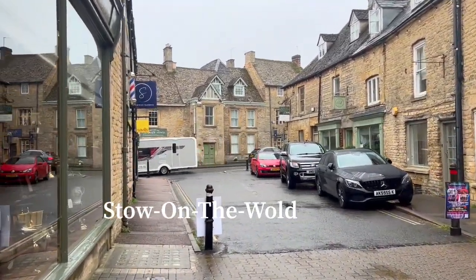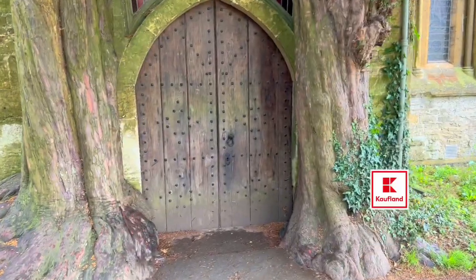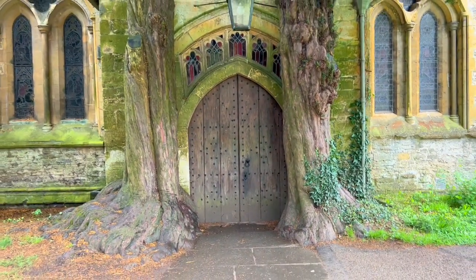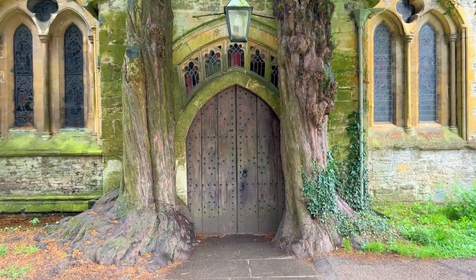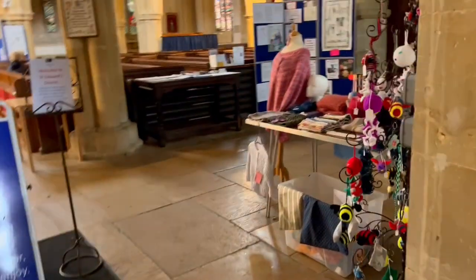And my favorite thing to do here is to visit these amazing doors. Now, these are said to be used by Tolkien as inspiration in Lord of the Rings. And these are old, ancient yew trees that have been here for hundreds of years, and yew trees can grow to be thousands of years old. So this is absolutely one of the best things to do if you are visiting the Cotswolds on a